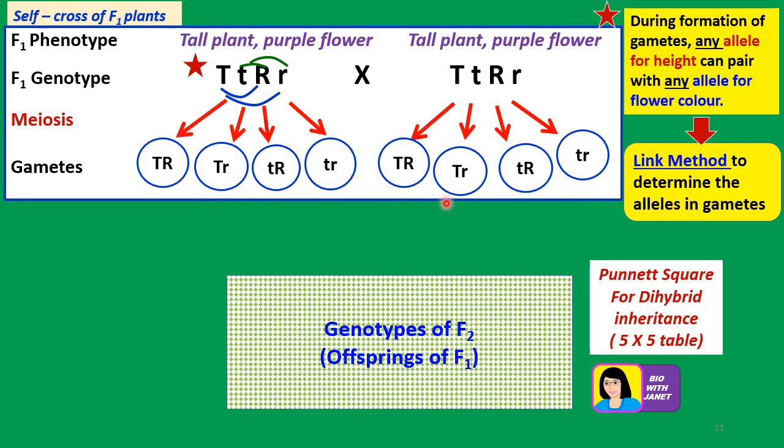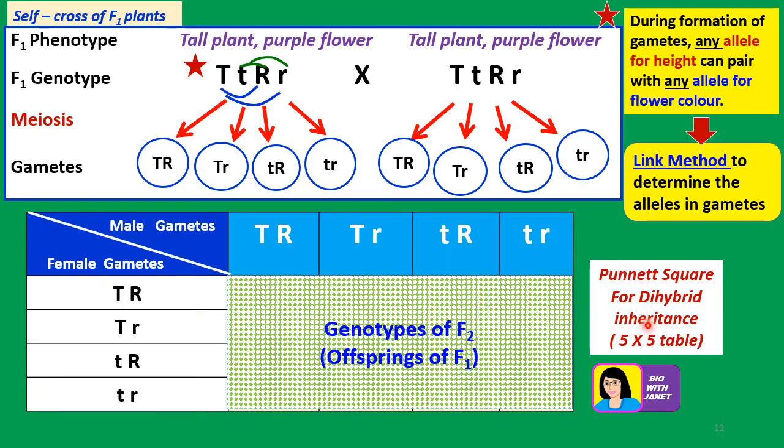So it's not possible to do it. It's too complex if we use the crisscross method. So we use the Punnett Square for the hybrid inheritance, in which you draw a 5 by 5 table, 5 columns and 5 rows. And then the first column is a bit broader because you have to write down the